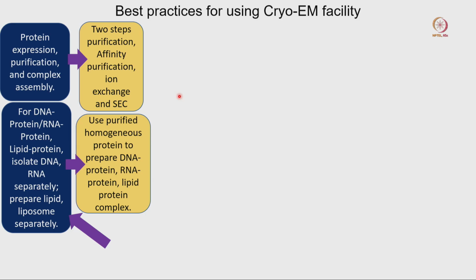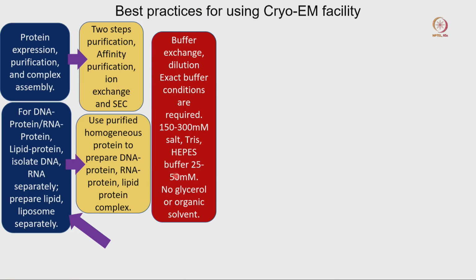Whenever we try to make the complex between antigen and antibody, we cannot get a 100% complex. Some will be unbound antigen and antibody, and we have to remove those from our sample. So in those cases, we have to purify both the proteins separately, mix them together, and run the SEC to clean that. Only the complex we will take for our next study. Now, we will go through the rest of the part.